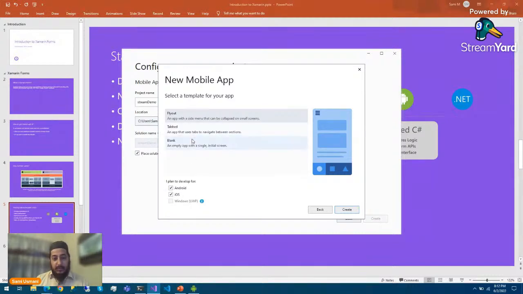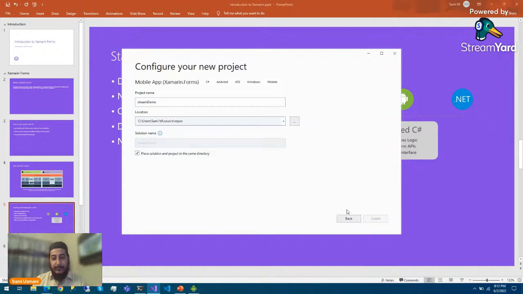You can start with a blank application, with a tabbed application, where usually we get tabs at the bottom and screens on top, or a flyout application. Usually we see more of these, where we have a hamburger icon on the top left of the application. We click it and there's a flyout page from where we can navigate into the application. So today we will be going with the flyout application option, and then it will try to create the project.